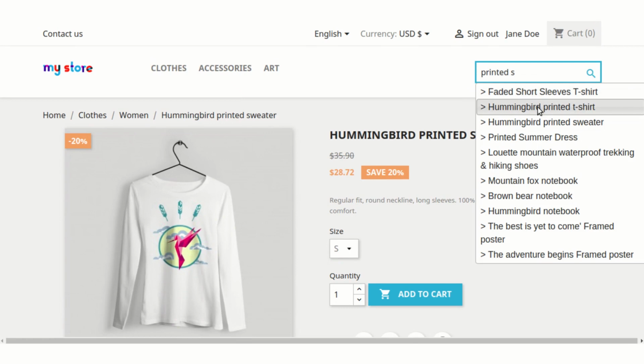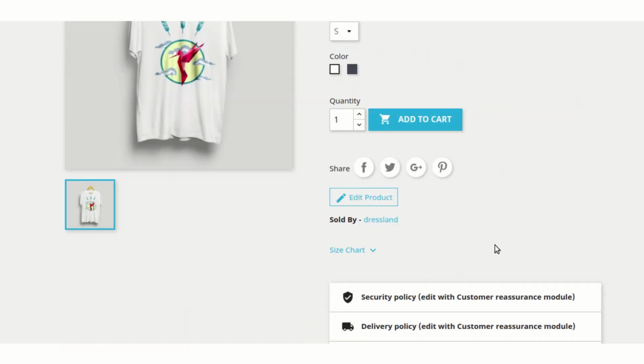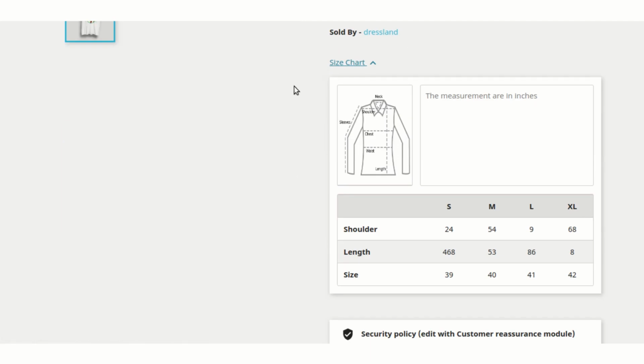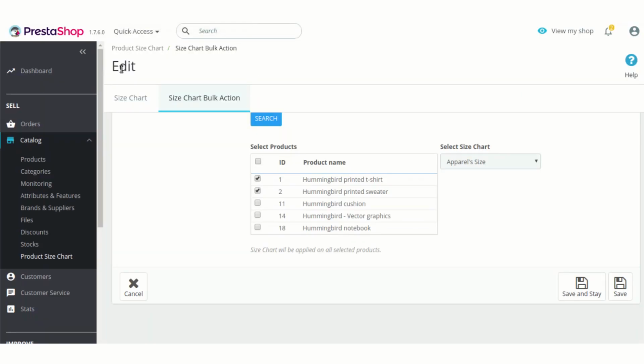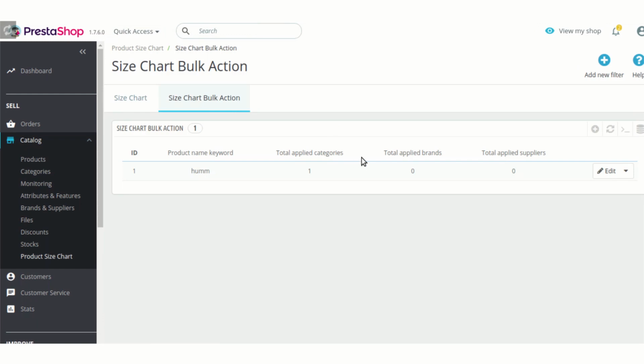Let's see whether it has been applied or not. Yeah, the size chart option is here and the size chart has been successfully applied on the product. The list of the bulk actions is added here only. You can create multiple bulk actions.